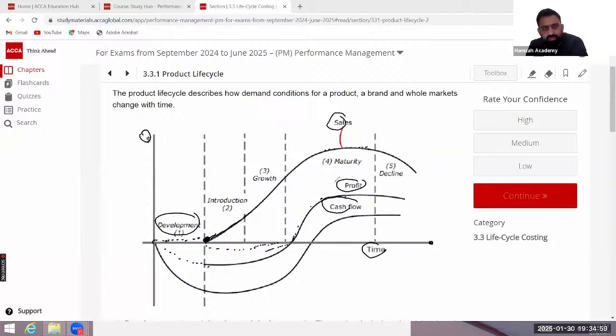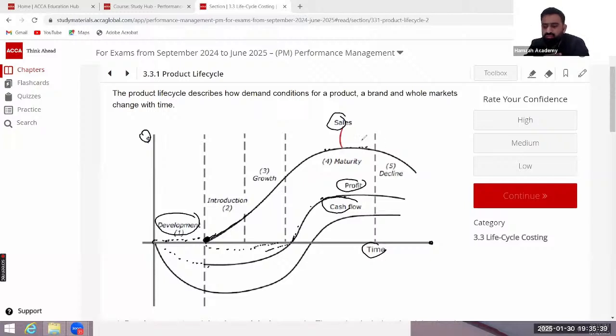profit becomes stable. Now, in a maturity stage, obviously, there will be less expenses in the marketing advertisement because the product is already familiar among the customers. Yes, you have to invest something to retain the market share, to keep the product updated. You obviously have to incur some innovation, but that would not be a huge cost as compared to the total revenue. So your profitability will become stable, and then you will do everything to extend or prolong the maturity